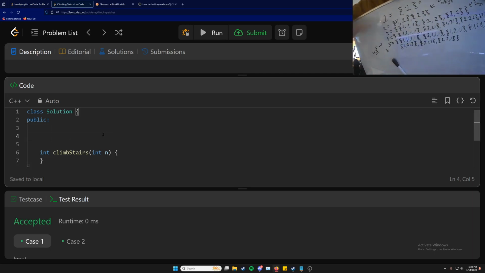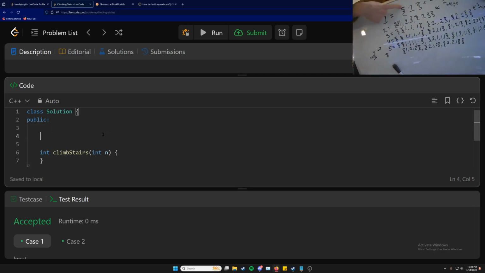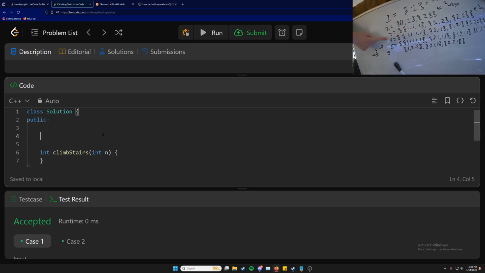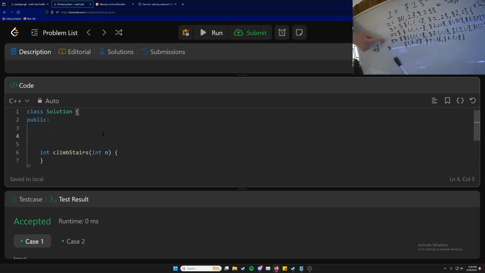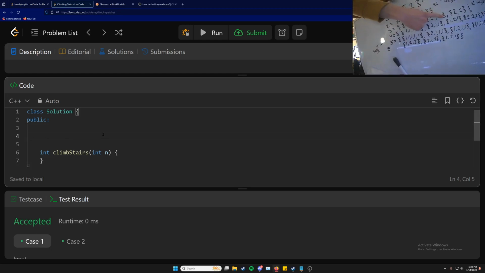Okay, with 1, you can see that there's one way. With 2, you can see that there's 1 and 1, or I'm sorry, just 2. With 3, you can see 1, 1 and 1, 1 and 2, or 2 and 1. With 4, you can either do 1, 1, 1, 1, 2, 1, 1, 1, 2, 1, or 1, 1, 2,